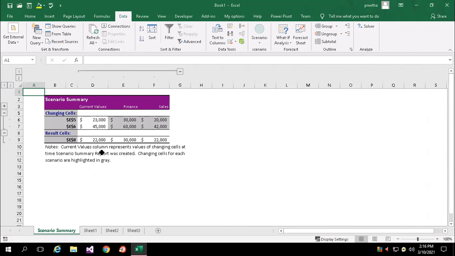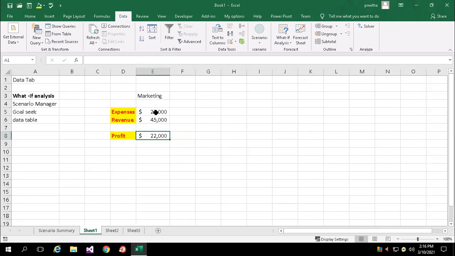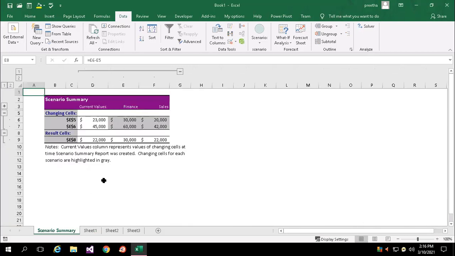What is the actual value right now in your sheet? What is the value, that data, and what could be the result. Now if I increase what I invested for finance, what output can I expect, what am I expecting in sales, and how much profit am I getting. So now you can consider what is the current value in the cell, and in the same cell, what are the other possible values which I can expect, which I'm going to plan. So that report I'm getting.